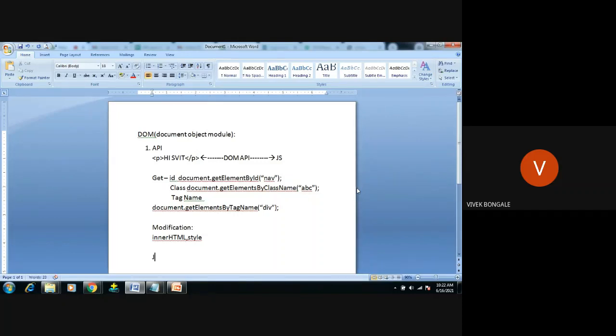So we will see what JavaScript events are, along with the DOM. What is an event? Event means some task, some work. What does a JavaScript event mean? In JavaScript, some event will occur. That event may be caused by the user, or it may occur to the user, like the pop-up message.